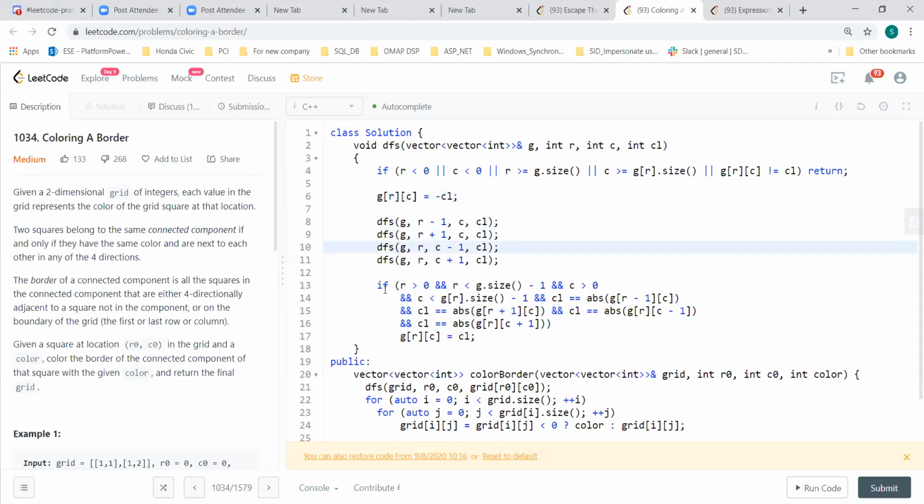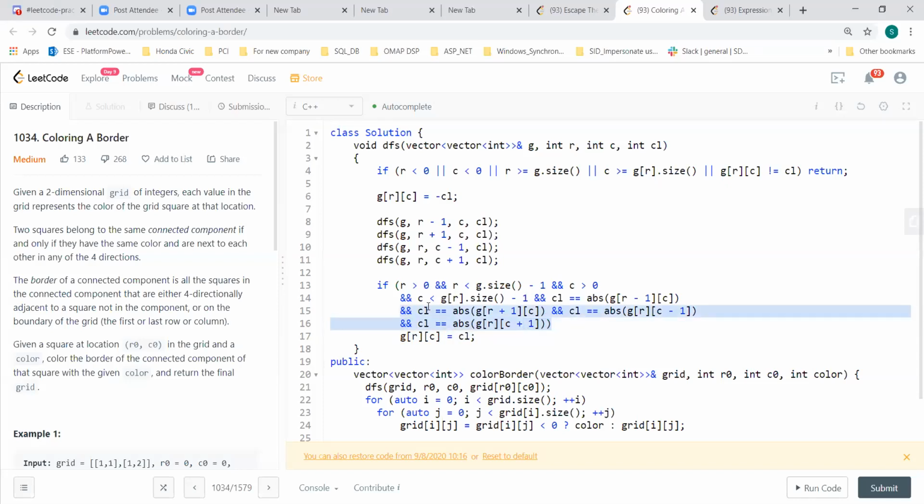And then when I do backtracking, I look for whether it is a legitimate row, a legitimate column, and if the color, actually the absolute value, is the same color. All the neighbors I check for that. And if they are the same, then I set that color to its original value. So what I'm doing is setting all the values of the nodes which are not part of my border.